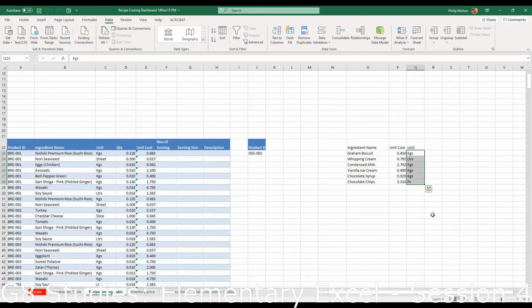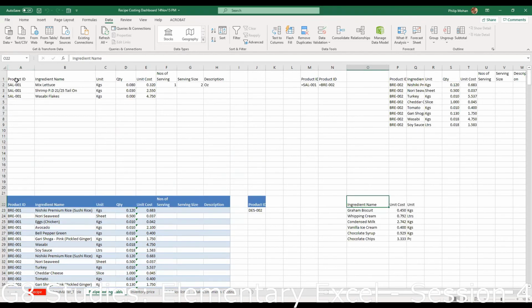It's sort of irrelevant here, but I'm just saying you can pick up only the columns that you need in the advanced filter, and it does not have to be the column for the criteria. You chose a criteria which is the ID of the dessert, but I don't want that listed here because obviously all of them are going to be the same thing, DES 002. So I don't need that. This is the latest thing that I learned on advanced filter, that you don't need to have all the columns.